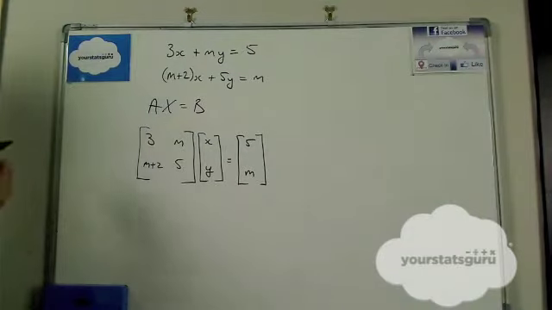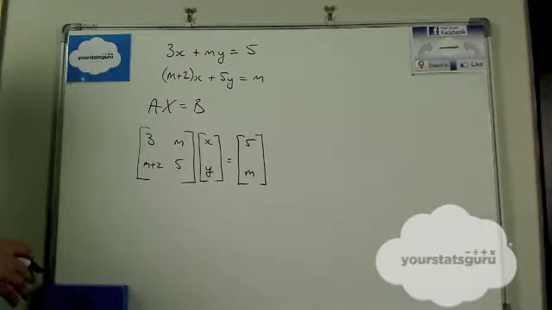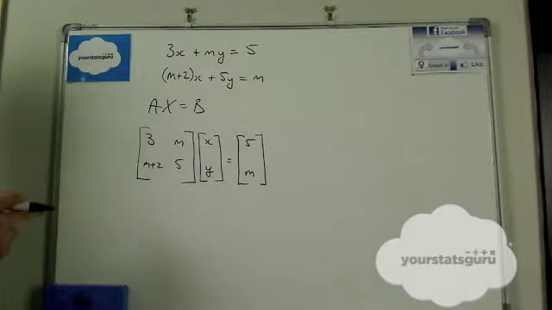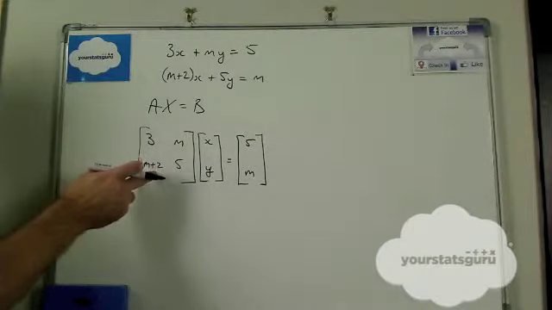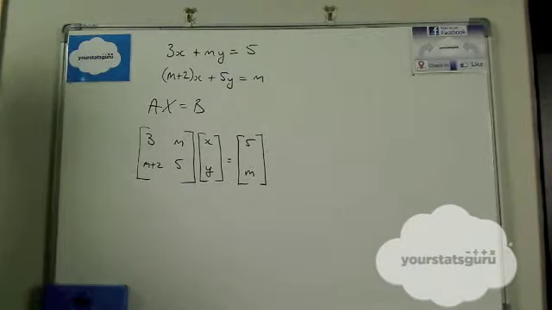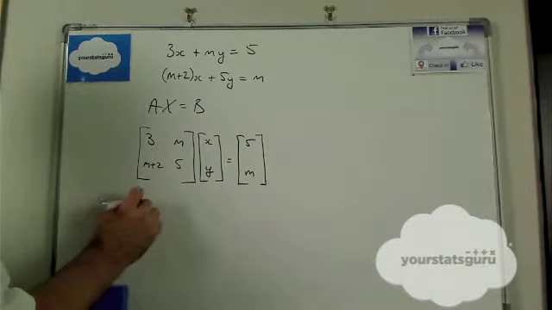Now, we know that there are no unique solutions whenever the determinant of A is 0. In other words, when the inverse of A does not exist. So what we do is we find the values of m that will set the determinant here equal to 0. Now the determinant, of course, of A